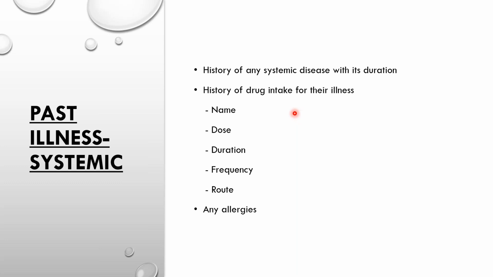And after that, regarding the drug, you have to know what drug they're using, obviously, because then it will tell you what class it belongs to and what it could cause in the eye, the dose of the drug, and the duration of the drug, because the cumulative doses, eventually after a certain period of time, might present in the eye, the frequency and the route that they've been using it.